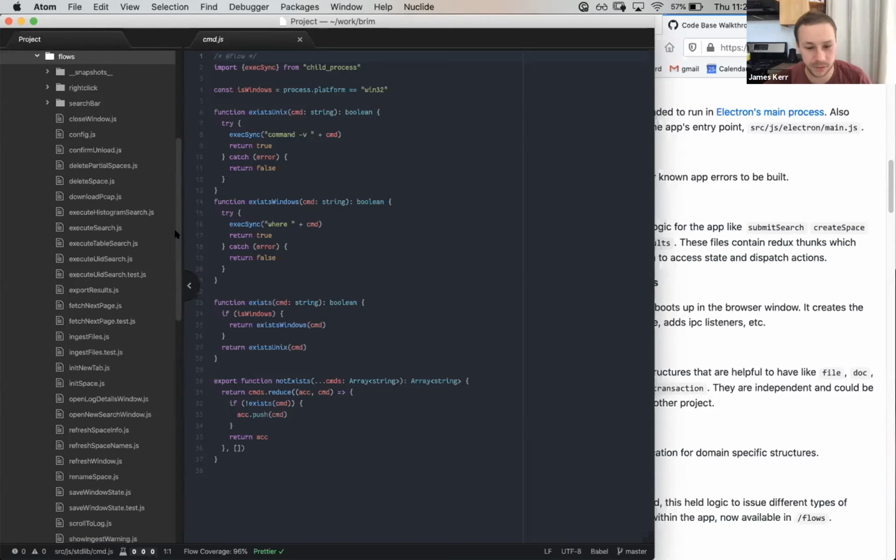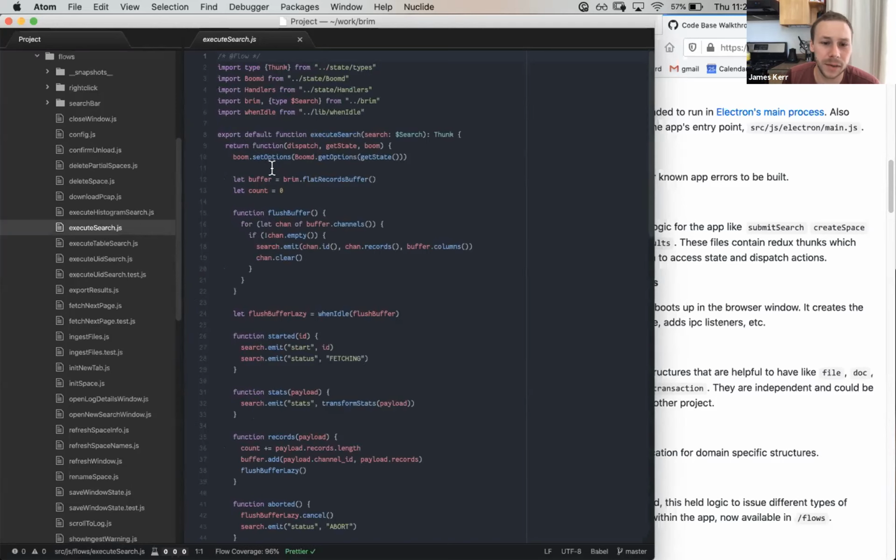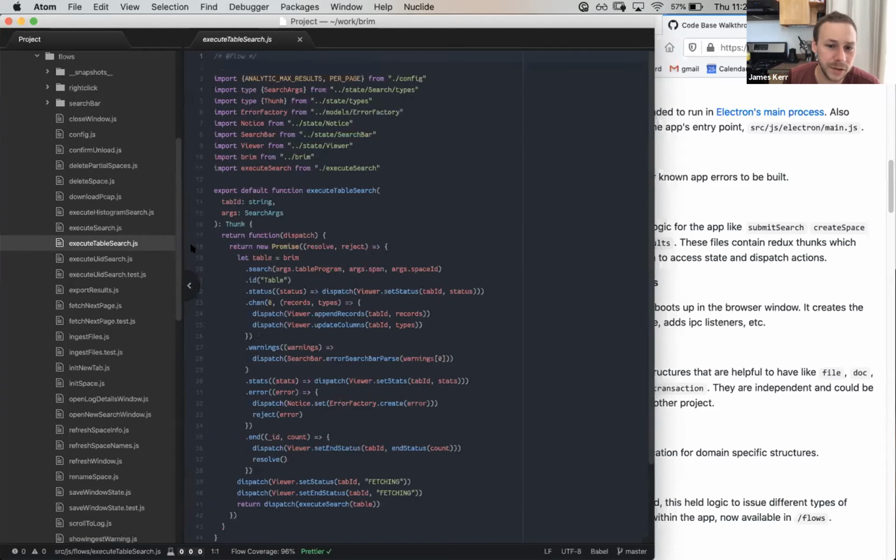Or, there's a truck going by my street. But it's got to pull from the state, maybe do some conditional checks on that state, and dispatch different actions based on the state of things. So here's a nice one. This executeTableSearch is